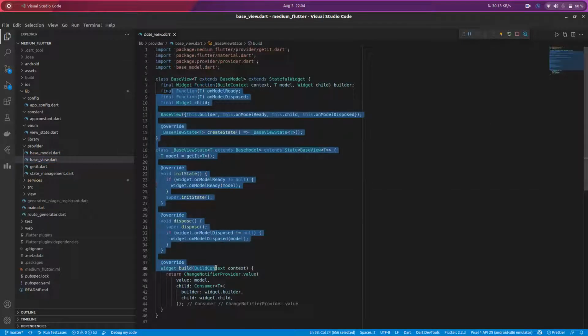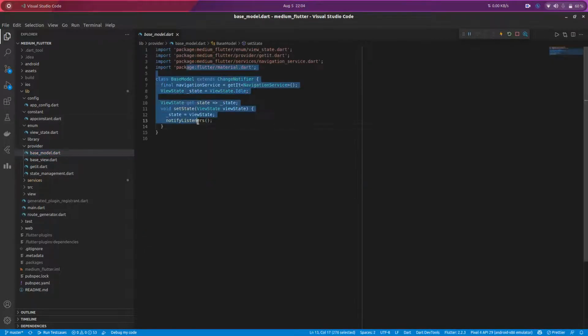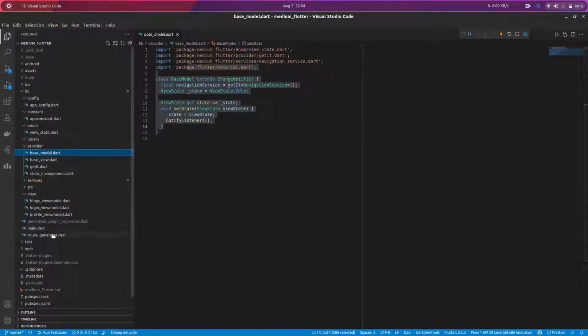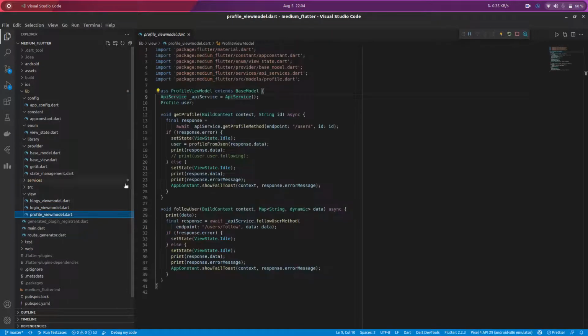These are some of the advanced concepts I will show in a different video if you want. And this is the base model that will be our application models, which will be extended by our view models that are presented here. These view models extend our base model, so they will have all the properties of this base model inherited.